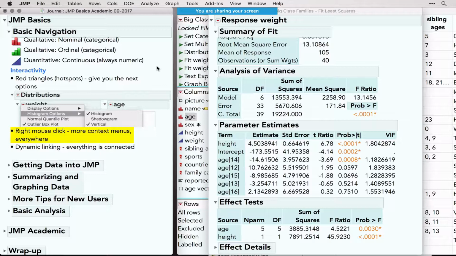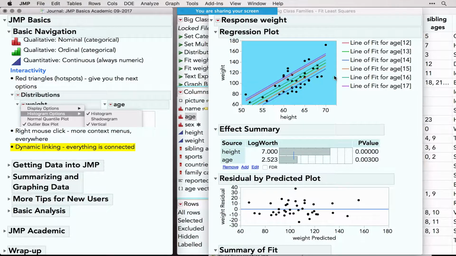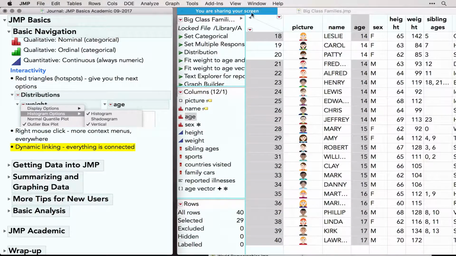So that's the right click, and last but not least, don't forget everything is connected. So if I again choose the taller guys here, you see that they are all connected in all the graphs, all the reports, and all underlying data tables. So let us say goodbye to our